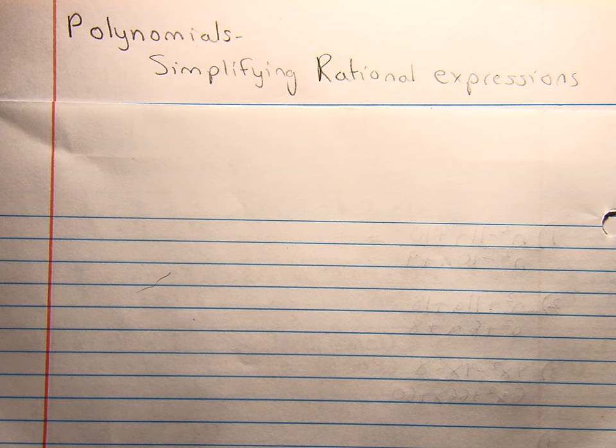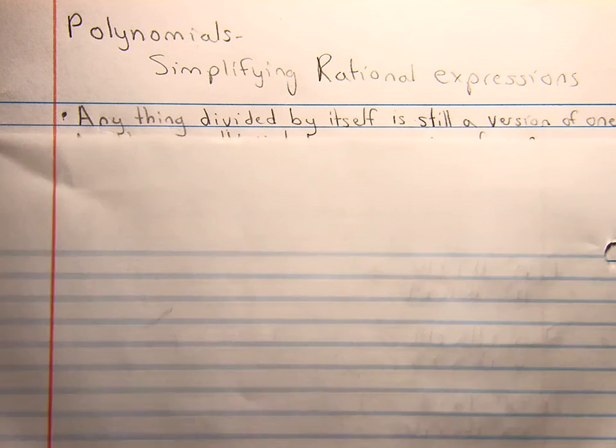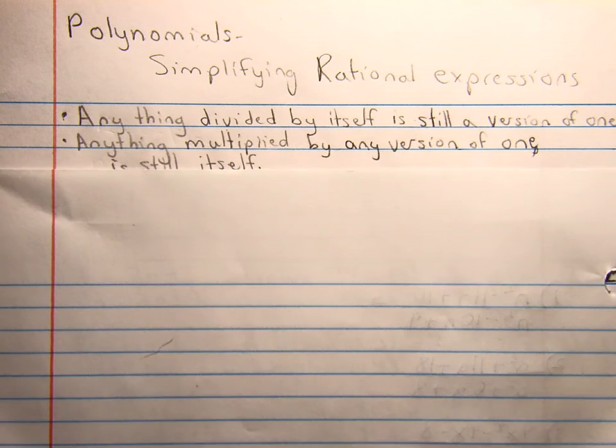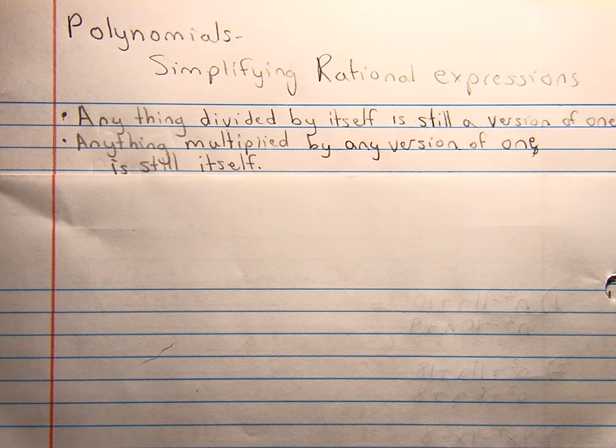So we are doing polynomials, simplifying rational expressions. Rational expressions, you have the word ratio built into rational, and basically that just means a fraction. So the two key concepts to keep in mind when simplifying rational expressions is one, anything divided by itself is